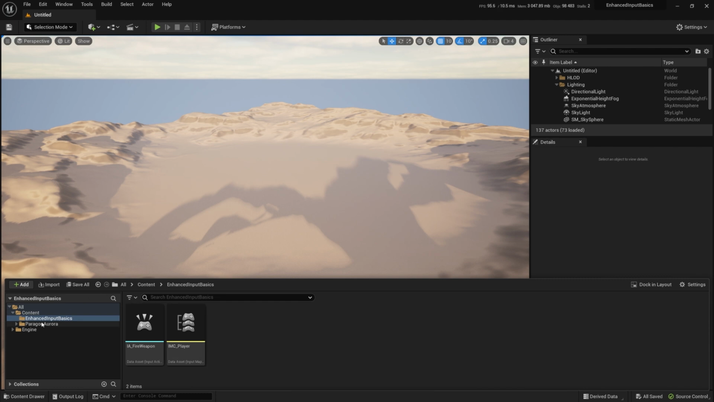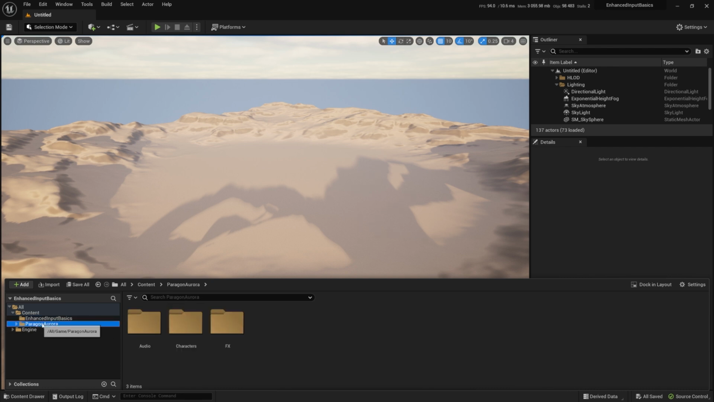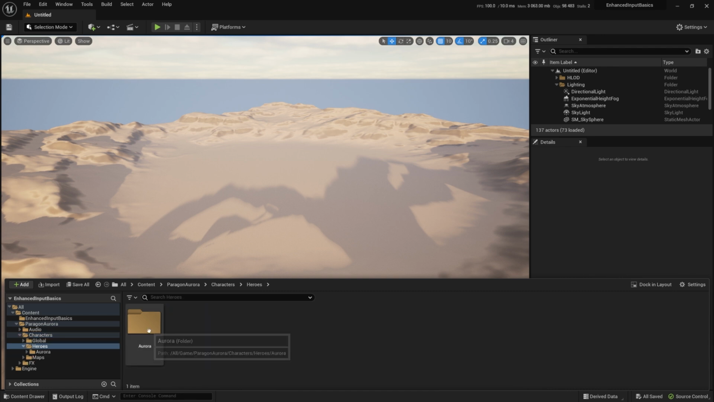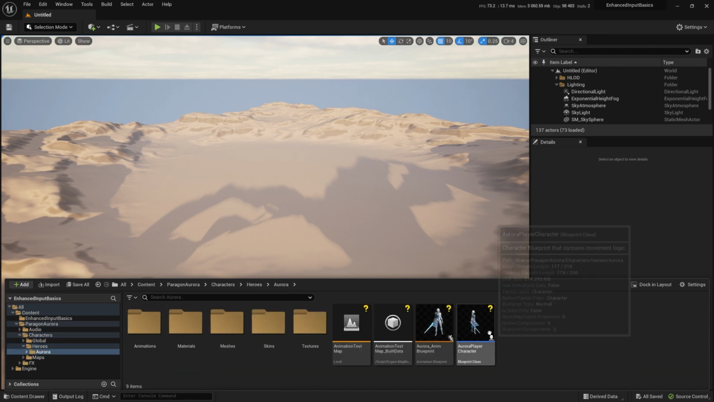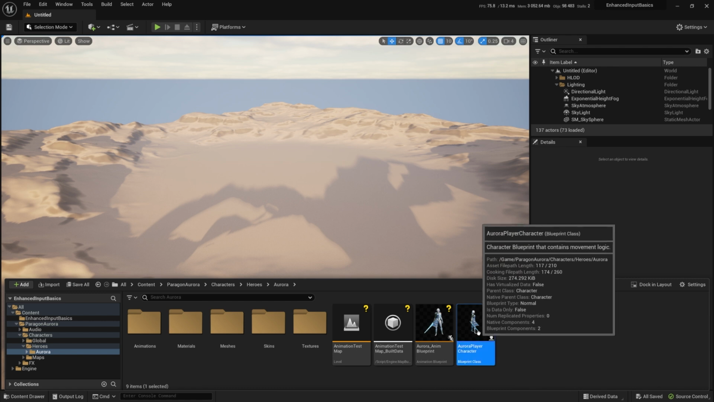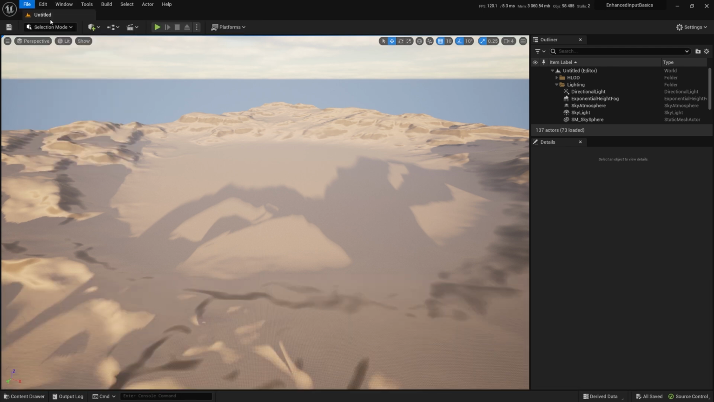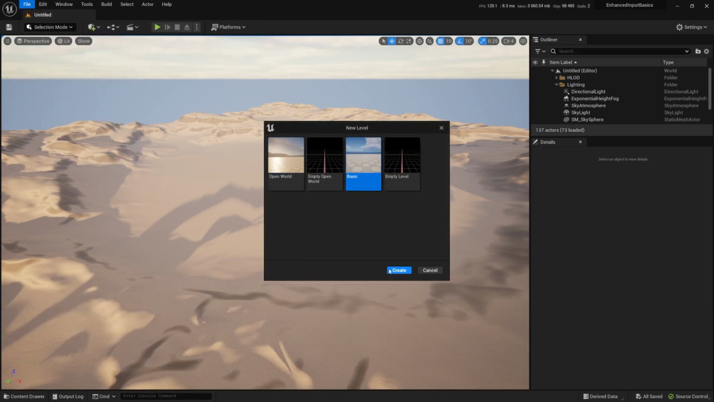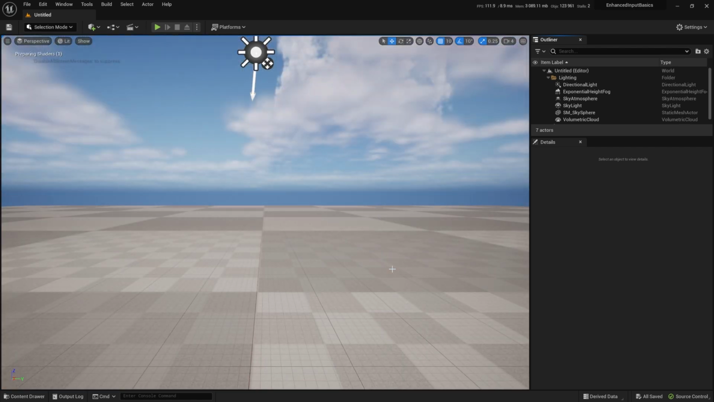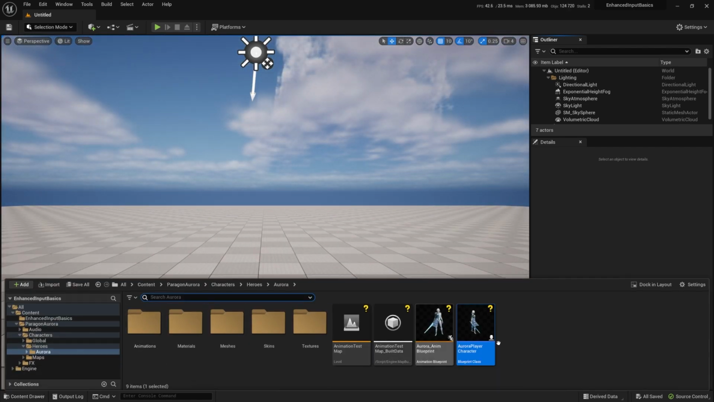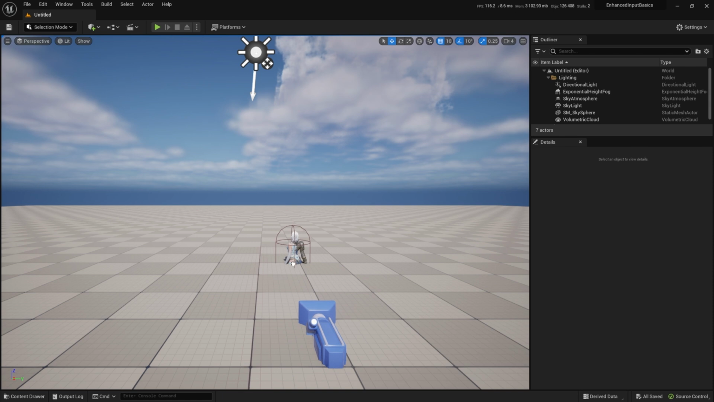Now we see in the folders that a Paragon Aurora folder has been added. Let's click on it, characters, heroes, Aurora, and here we will find the actual character blueprint. To use it, I'll just create a new level, a basic one, so it doesn't take as much to load. I'll drag and drop the Aurora character,